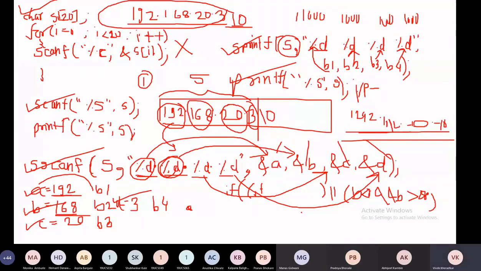And if you want one of the conditions to be true, then use or. Okay? Yes or no? Are you with me?